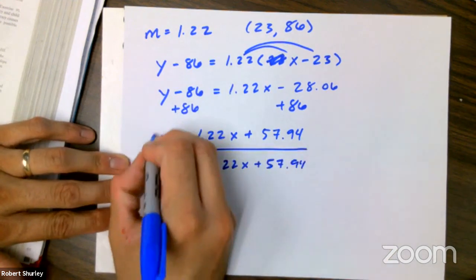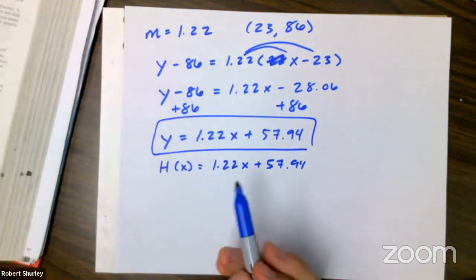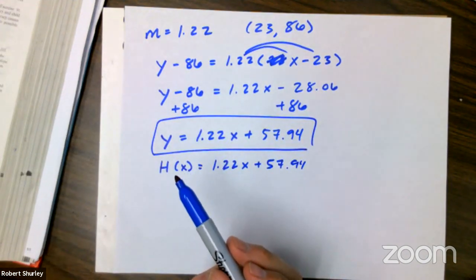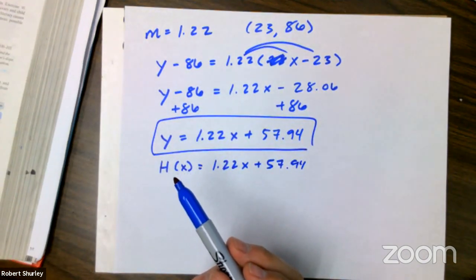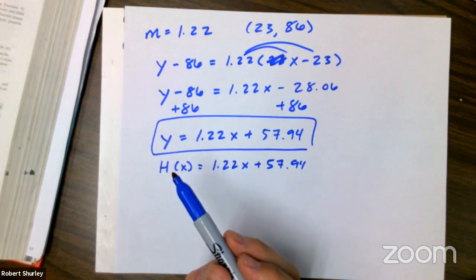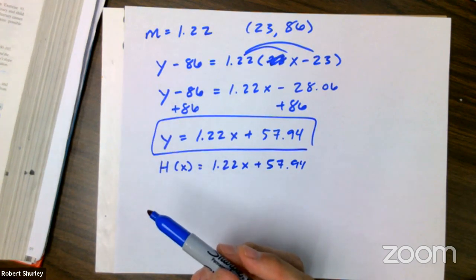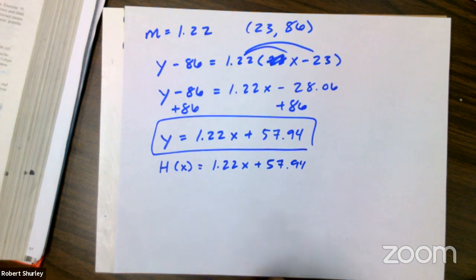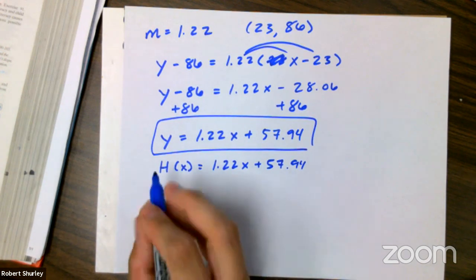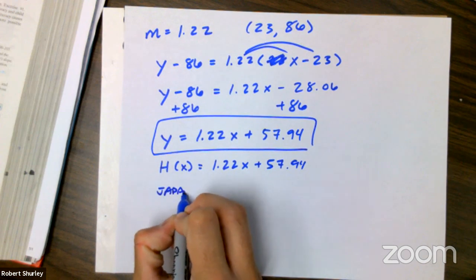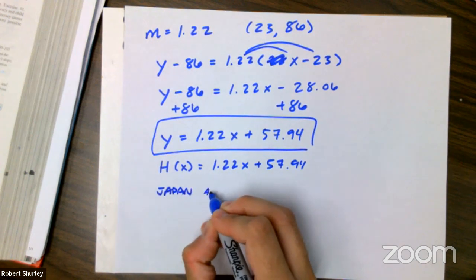So remember, this was one part of the question. And then lastly, it asked, express the equation in function notation and use the linear function to make a prediction about happiness based on per capita income. So let's say we looked at Japan, which has a per capita income of,